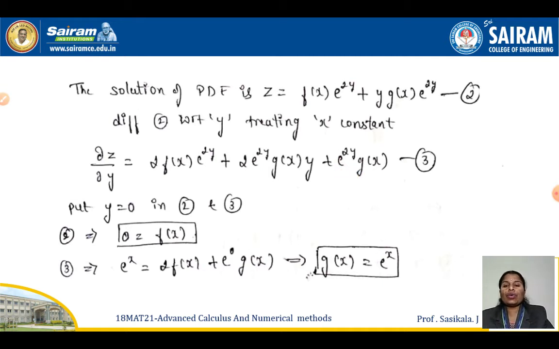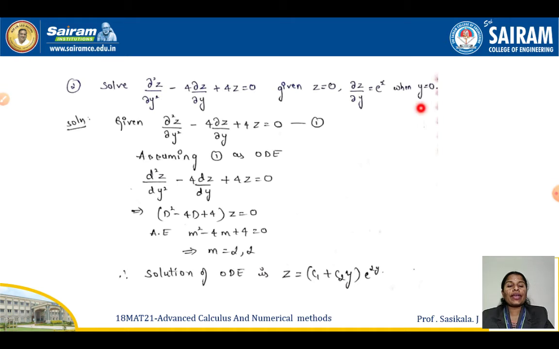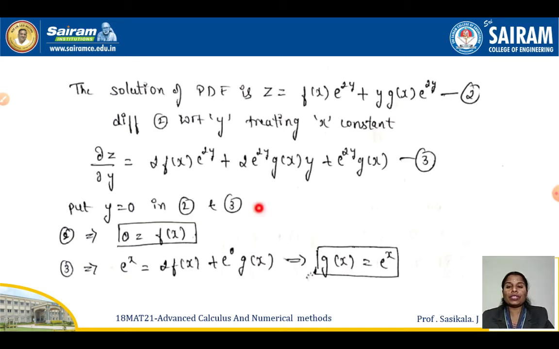So in equation number 2 and 3 you can use the condition y is equal to 0, z is equal to 0. When y is equal to 0, ∂z/∂y is e^x. So replace in both the equations. In equation number 2, replace y is equal to 0, this will go to 0. I'll get only f(x) is equal to 0, since z is equal to 0 is given. And on the right side, in equation number 3, this will be e^x, the condition as given in the question. Then e^(2y) will be 1, right? 2 into f(x), here it will go to 0, and here g(x) alone you will get. Since f(x) is already 0, g(x) will be e^x.